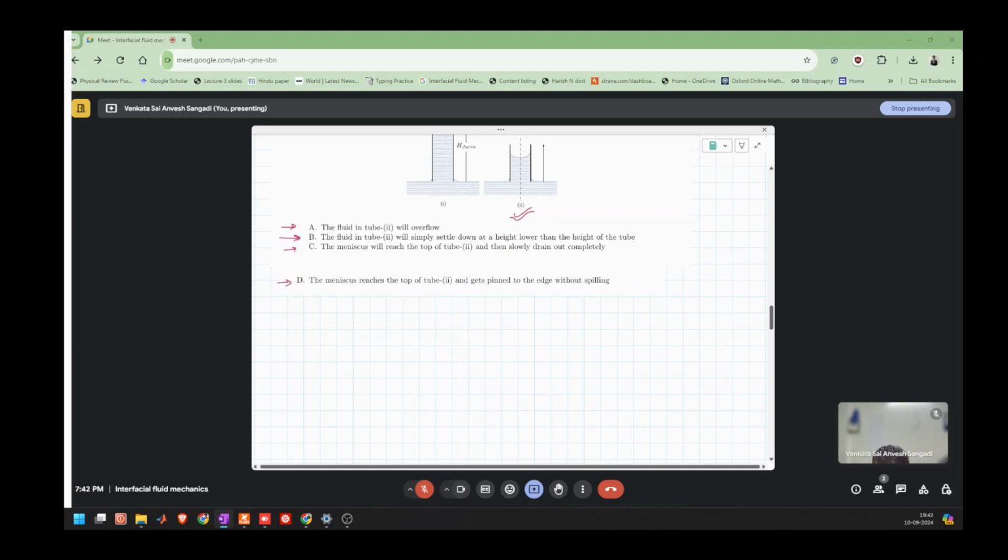So let's see, we have height h is less than